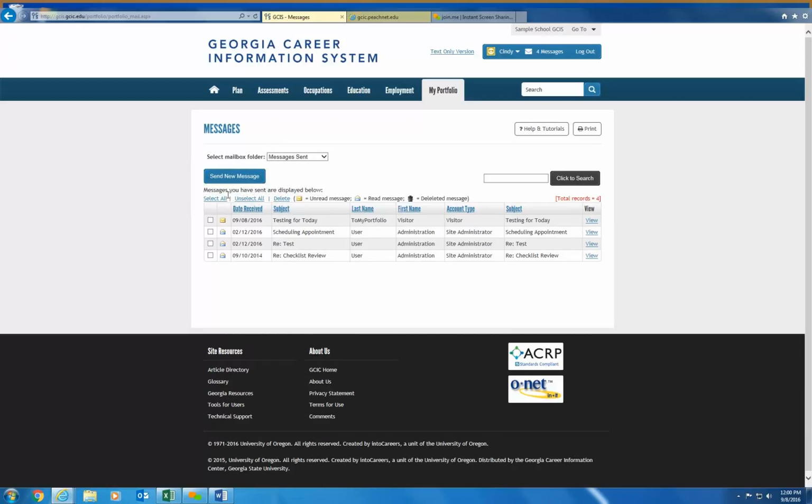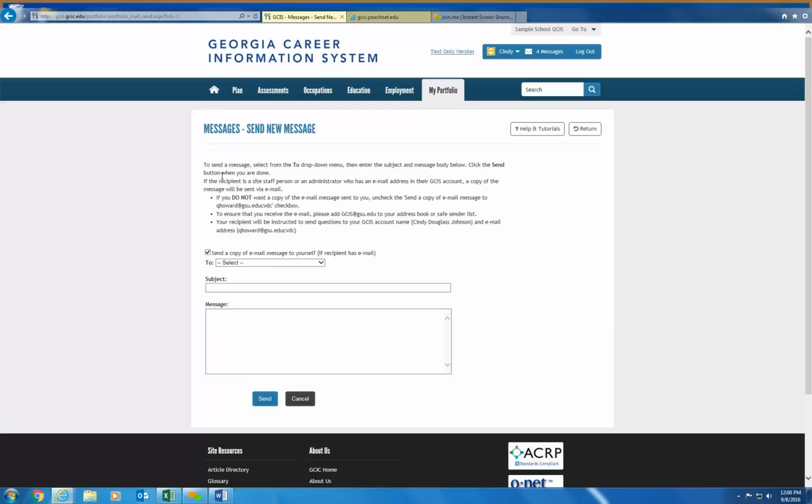And lastly, we can click on Send New Message, and the student, if he or she has an email address, can elect to send that. Next, your student can figure out who they want to send that to. So you'll have a series of options. You can send it to a staff account holder. You can send it to a visitor. And remember, we just implemented a visitor.